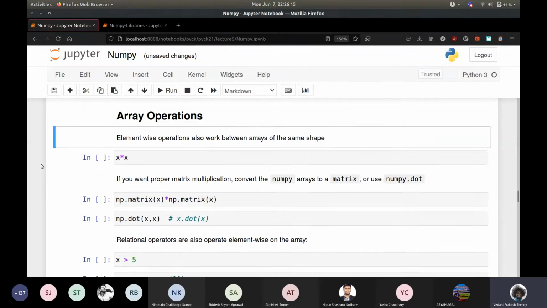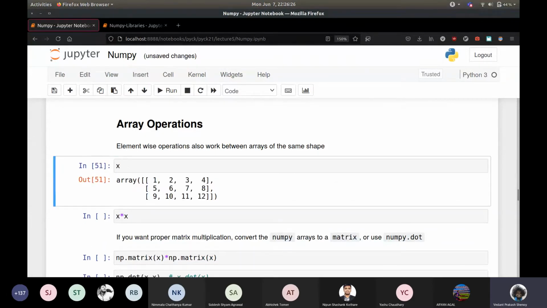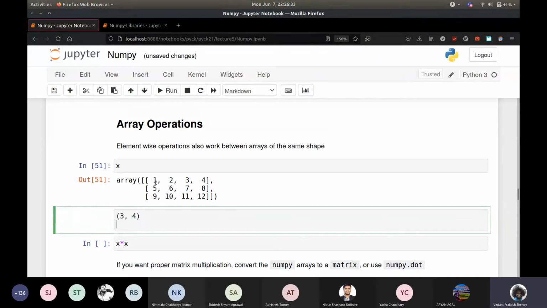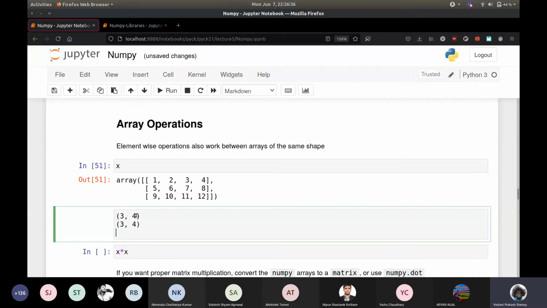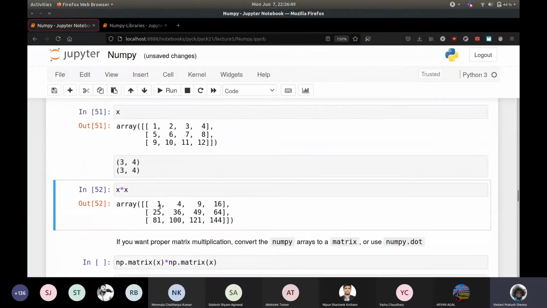So I mentioned array operations. We have element-wise operations. You can also have element-wise operations between arrays of the same shape, which means that if you had x like you did earlier, right? If you do x times x, if this was a matrix, then you would expect, oh, this is not going to work, because a matrix requires that the second number here and the first number here should be the same, right? Because that's how matrix multiplication works. But I just said that these are element-wise operations, so they have to be the same shape, and you basically get exactly what you expect.